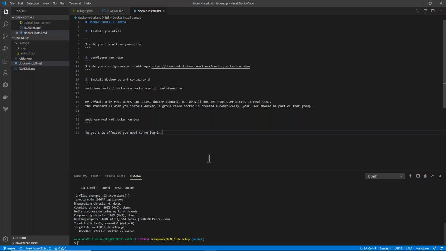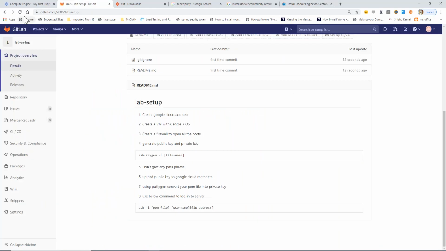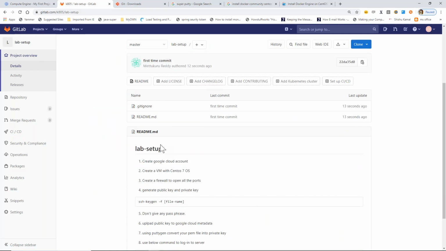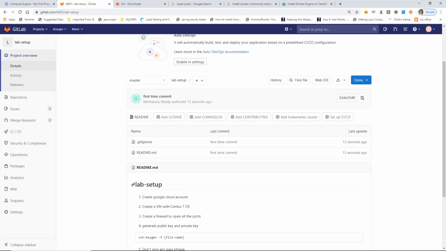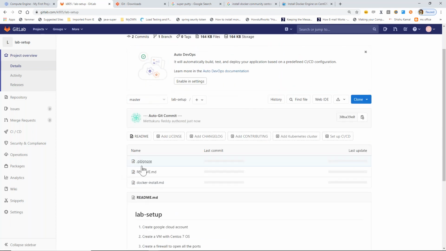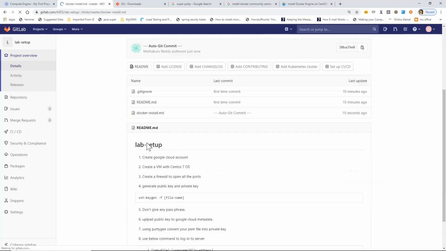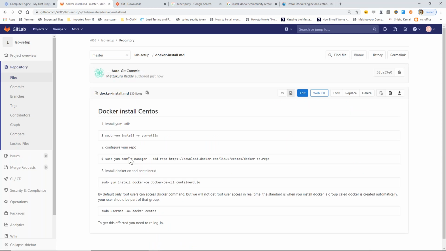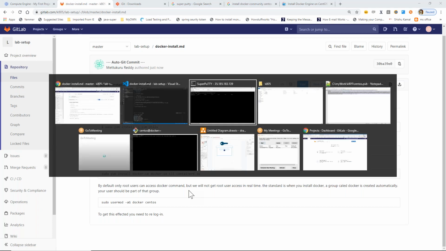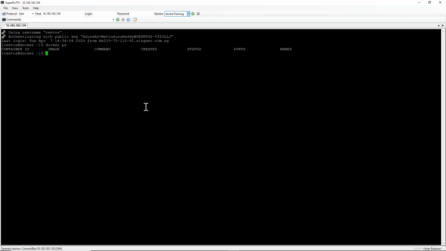Okay, so follow these steps while you are installing Docker. yum-utils, config-manager, and then this one. Okay, so this is how you install Docker.